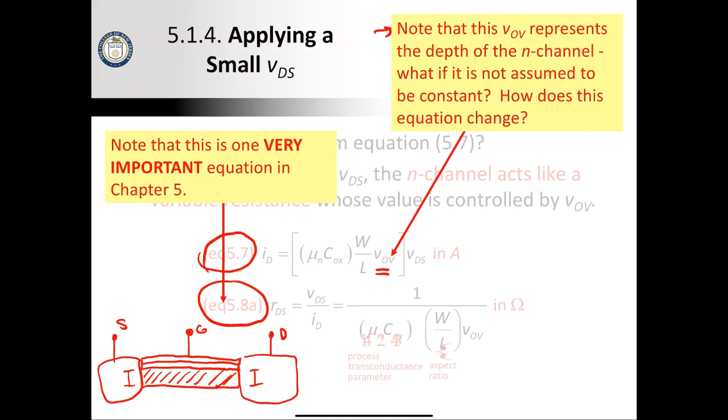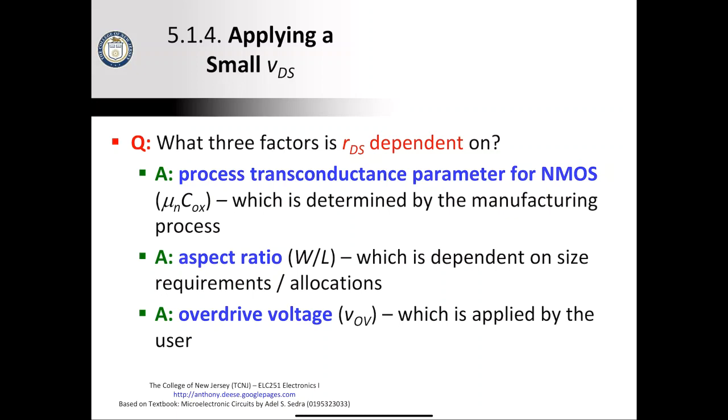If the voltage VD, the voltage here, starts to differ from the voltage here, the strength of the electric field will not be uniform going all the way across, and we will begin to see these change. They will not always be the same. Okay, so now taking one step back and talking about that value of RDS,